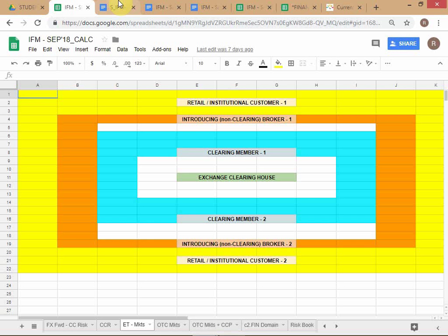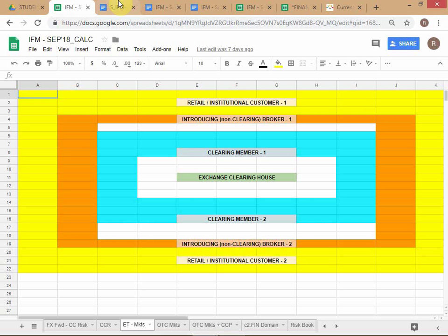Okay? So now we come back to what was there in the spreadsheet, the two columns. The point of distinction is that in the OTC markets, the counterparty credit risk is managed by the counterparties themselves. And the other point of distinction is that in the ETM, the counterparty credit risk is managed by the ECH, which is the exchange clearing house. Okay? Is this clear, the distinction? So first understand the distinction, and then we'll understand exactly how it works.